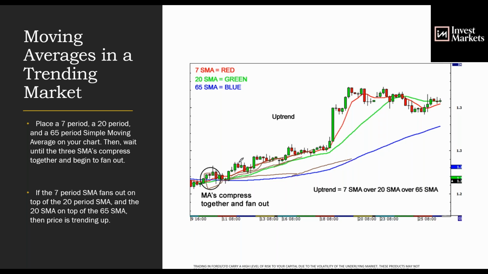When the three fan out, because the shorter term moving average responds a lot faster, the medium term, which is a 20-day, responds a little bit slower, and the longer term, the 65, responds. But when we get this fanning action, okay, we can then know that we've moved into an uptrend. When we get the moving averages coming back together, we can say that that trend is having problems, but as long as the long-term trend holds, we're still moving in the uptrend.